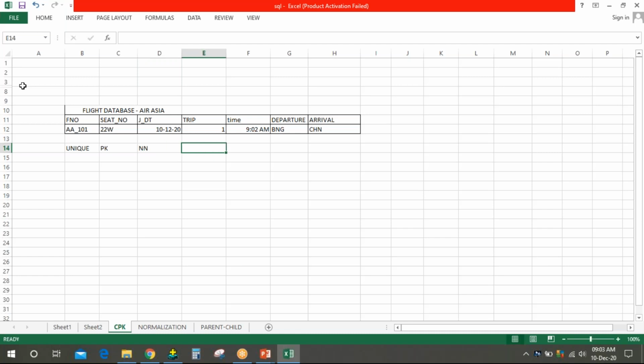None. Trip also, trip is unique? No. No constraints. It's not null.